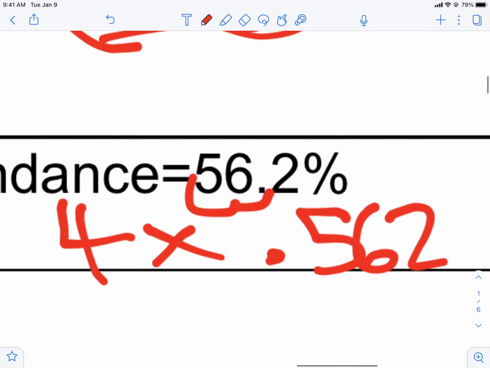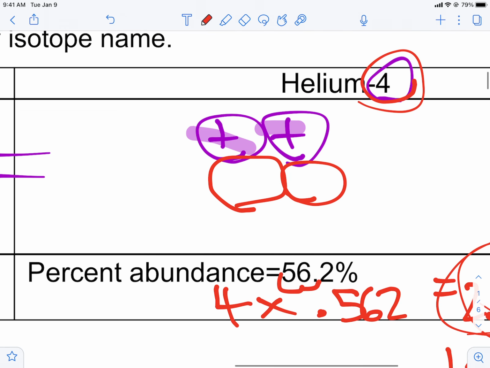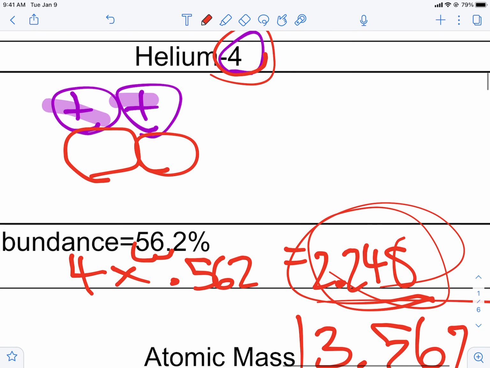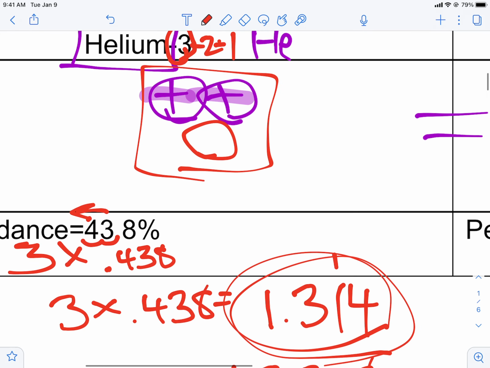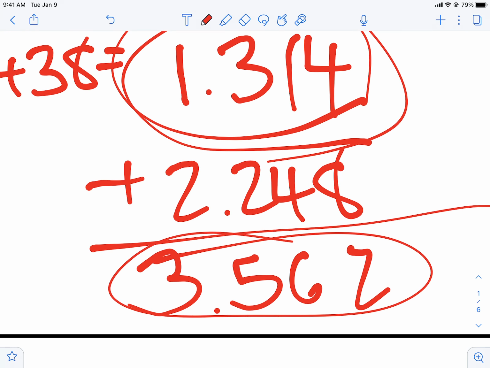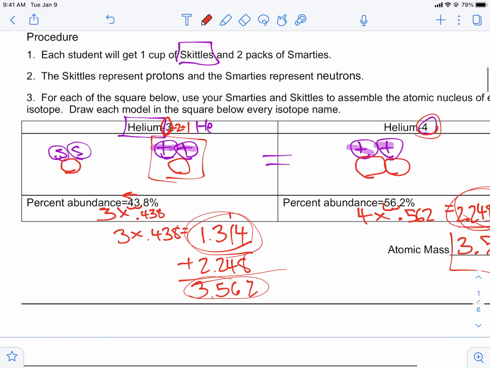Long story short, your first step, take your percents, turn them into decimals. The next step is you take the 4 from the mass or the 3 from the mass or whatever the mass number is, and you multiply it by that decimal for each side, and you get your product. The final step is you add the two products to get your average. You don't need to divide by anything. Okay? It's already factored in with the weight. All right, now if you're not doing